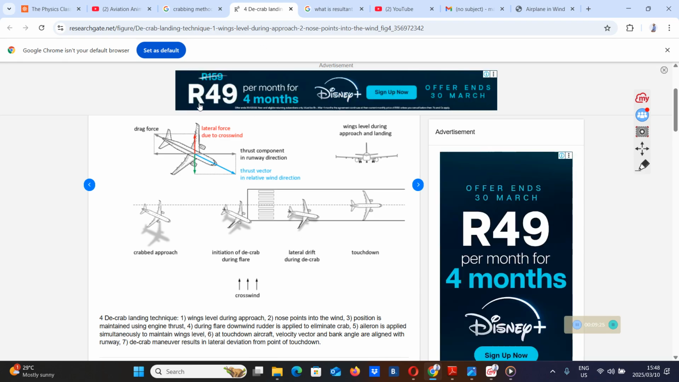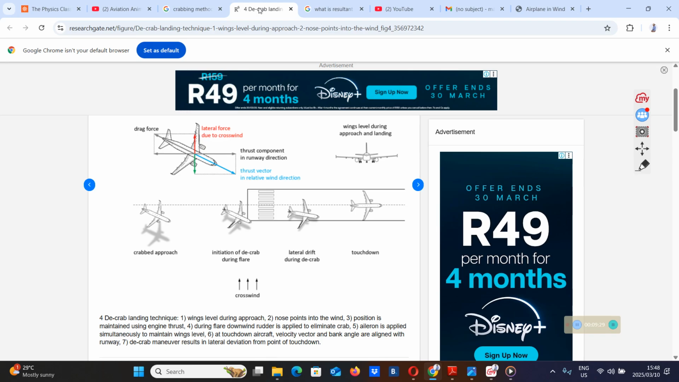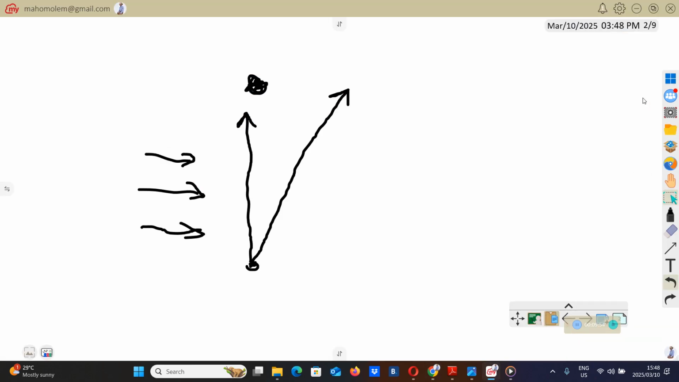So in this technique, you will just have to set your movement in opposite direction to that wind, to the blowing wind. So it doesn't have to be really that opposite, but you have to steer yourself, or you have to set your movement in the direction a bit opposed to that movement. So what I mean is that